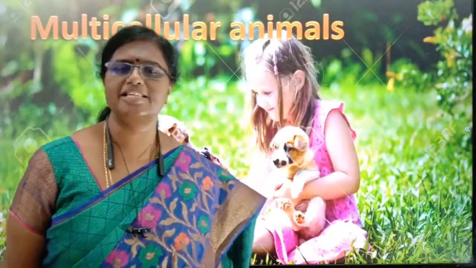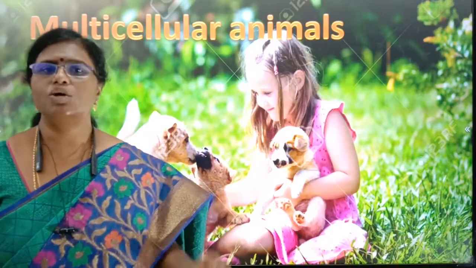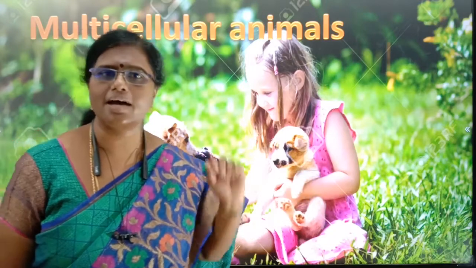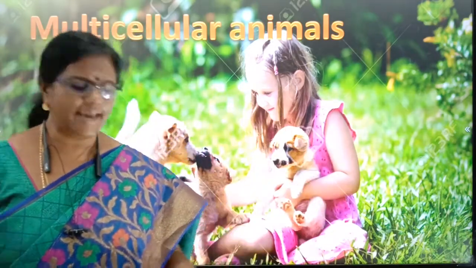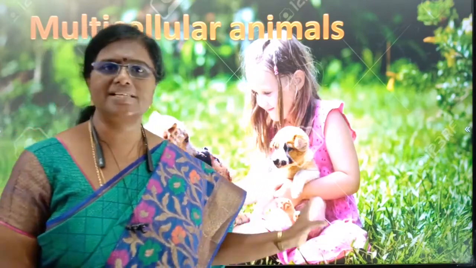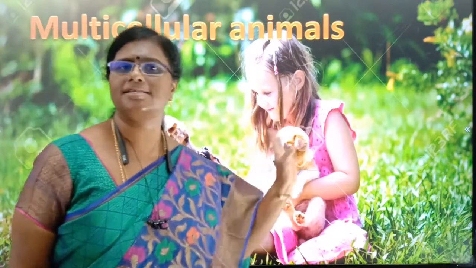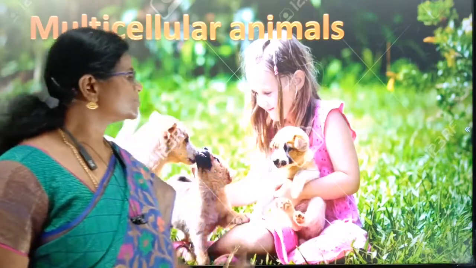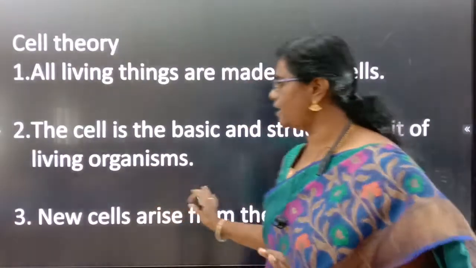Now, if you see this picture, what comes to your mind? Actually, when you see this picture, you can easily say this picture tells about multicellular organisms. So, remember a scene of a park. There you can see plants, trees, people, and some dogs and some pet animals. All these organisms come under multicellular organisms. So this is the recap of cell theory.